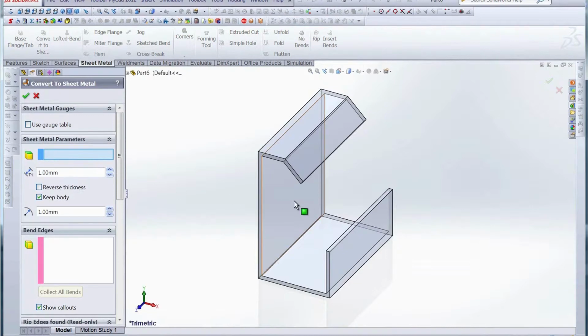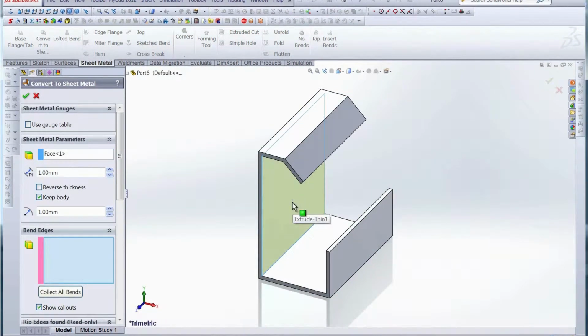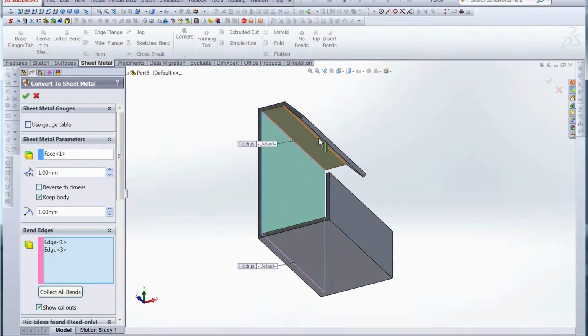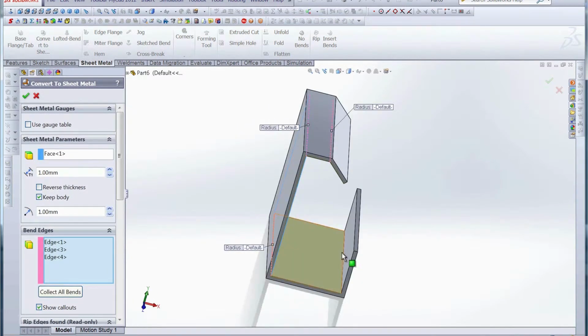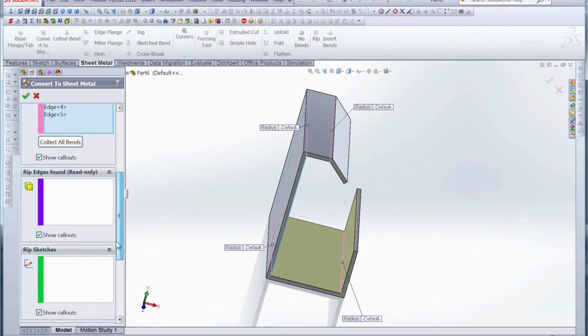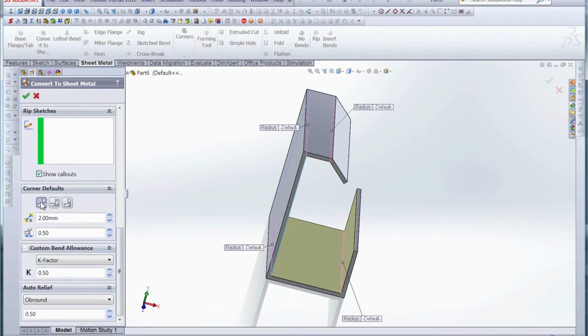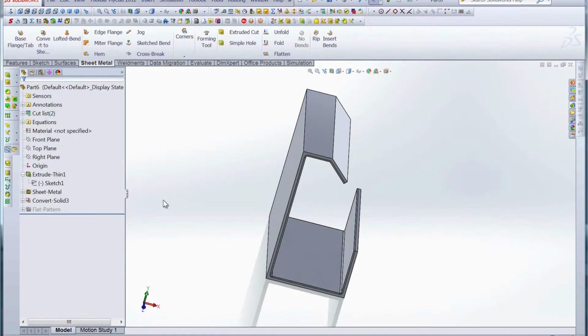Under Sheet Metal parameters, we're going to select this face right here to be our fixed entity. For our bend edges, we're going to select all of the edges that have bend. We have our standard radius of 1 millimeter for all the bends, and our thickness is set to 1 millimeter because that was the dimension of the thin upon extrude. So we go down, and we don't need to rip any of these edges apart or rip any of the sketch entities. Nothing is going to be butting up against anything else, so we don't need to worry about any of these corners. So let's just go ahead and accept it,